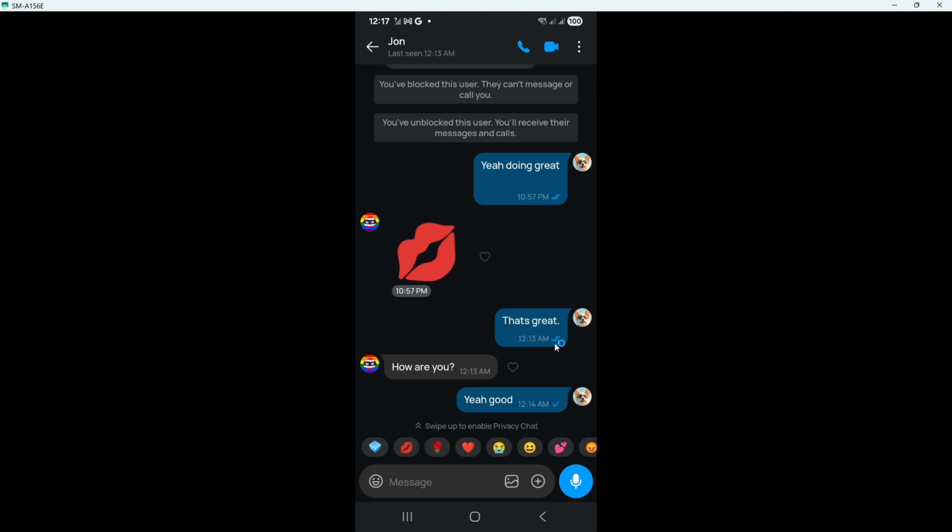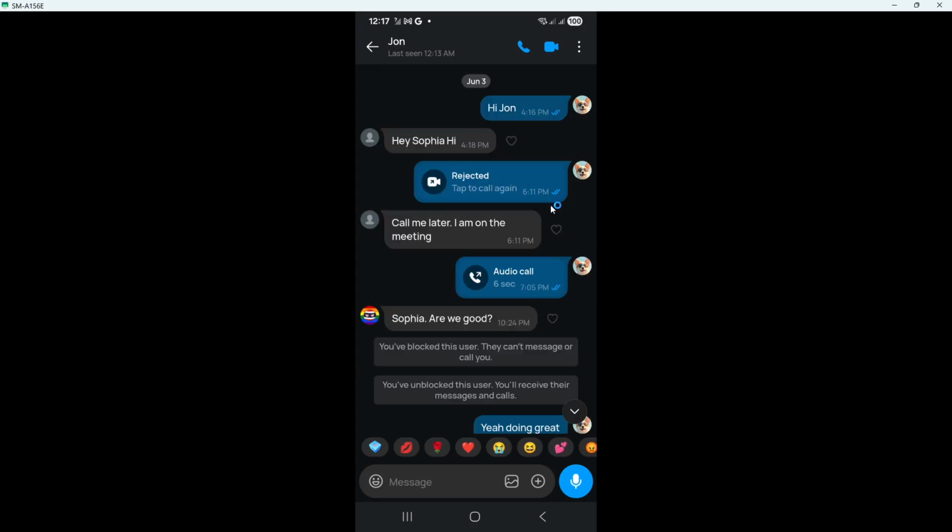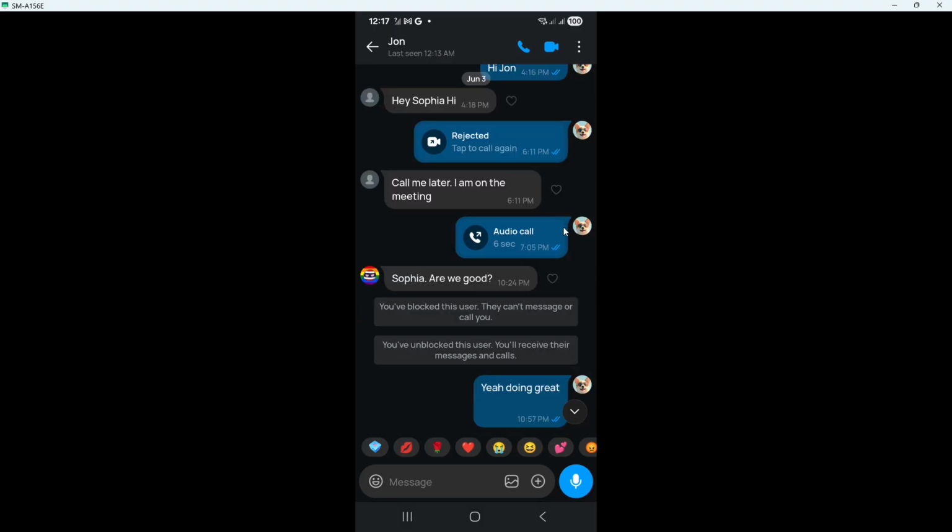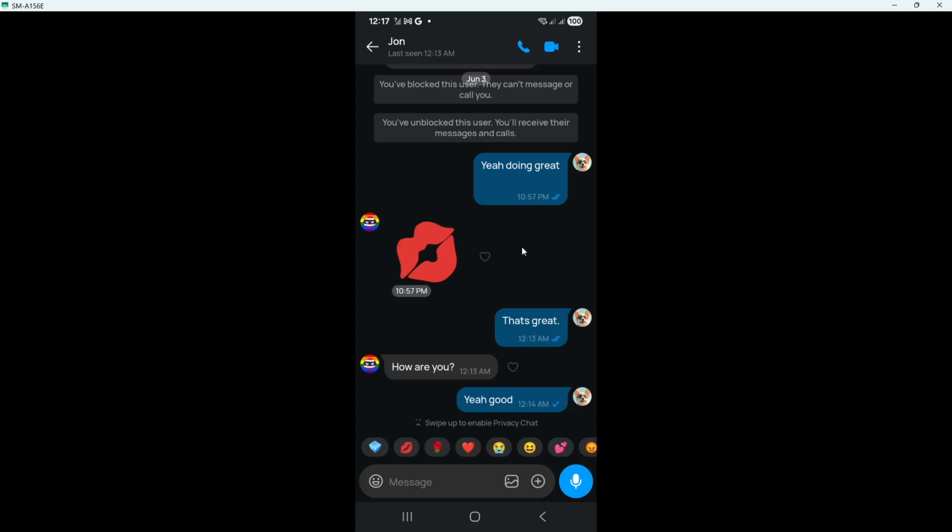So, to quickly summarize, a single check mark means sent but not delivered, two check marks mean delivered, and blue double ticks or a read indicator mean the message has been read. When checking message status, it's a good idea to look carefully because the difference between delivered and read can be small but important. If the status doesn't update right away, give it a little time, since network delays can affect how quickly these indicators change. That's how to know if a message is read on Emo.